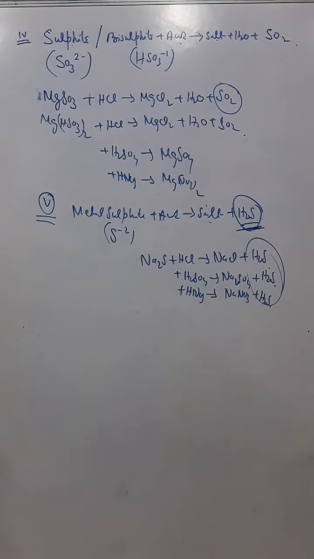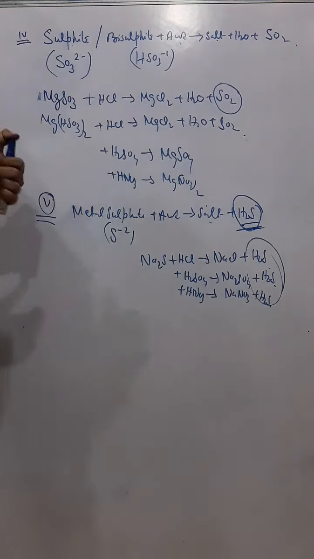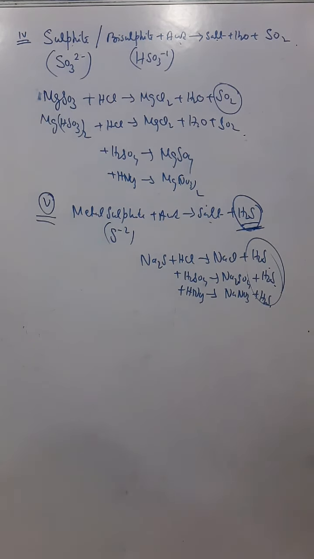So this is the last property, and after that you should also learn the general uses of some acids in our daily life. It's given in your book, uses of various acids: boric acid we use as an eye wash, acetic acid we use as vinegar, and nitric acid we use as an explosive. So it's given in your book. You should also learn the general uses of acids. So students, the acid part is over.